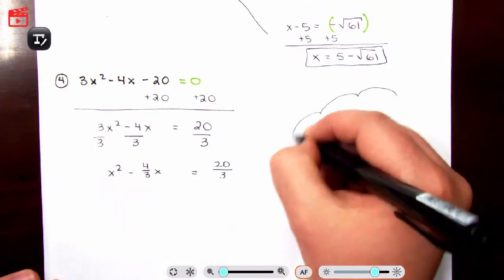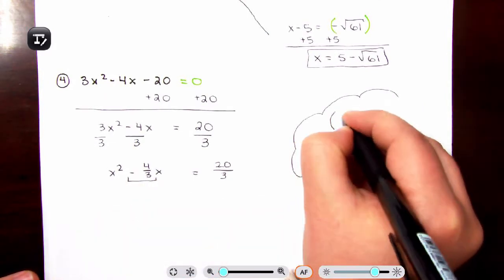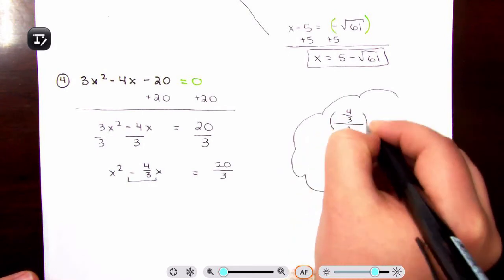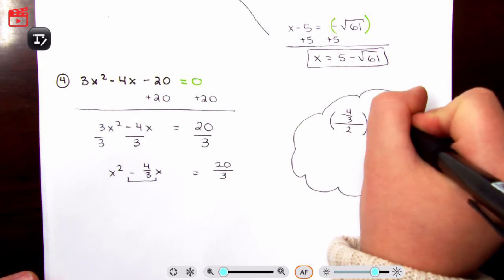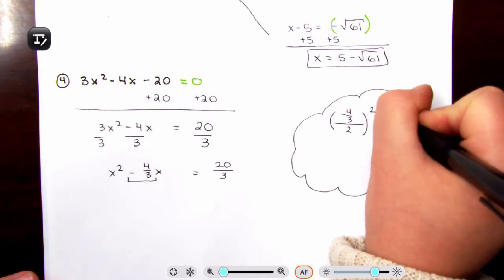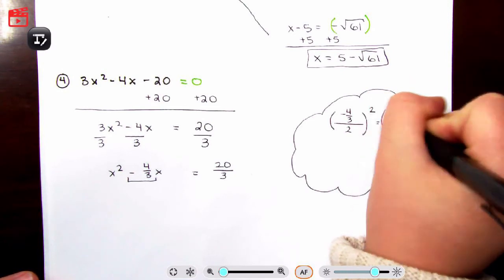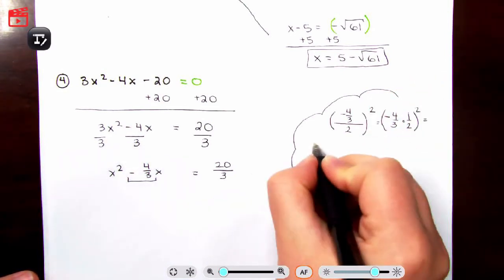Thinking bubble time. My b value is a negative 4/3. I'm going to divide that by 2, and I'm going to square it. Again, how do we divide fractions? We multiply it by the reciprocal. So if you have a fraction, you're multiplying by 1/2. So I have a negative 4/3 times 1/2. That gives me a negative